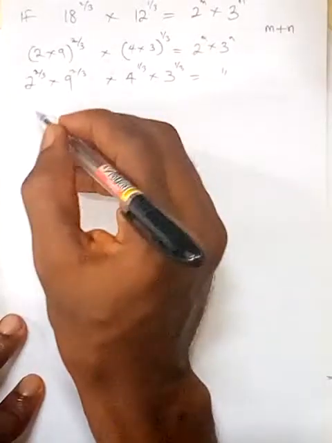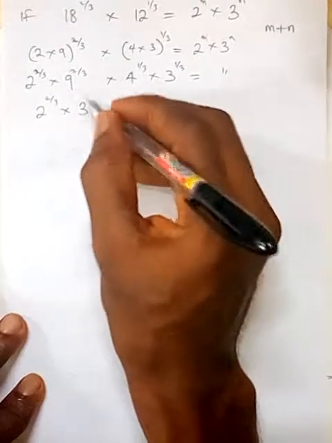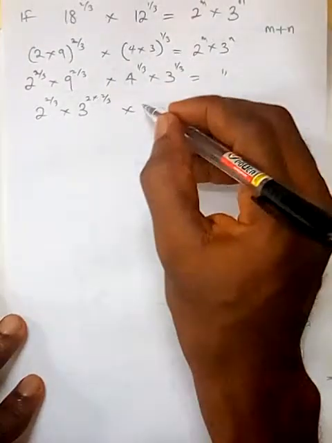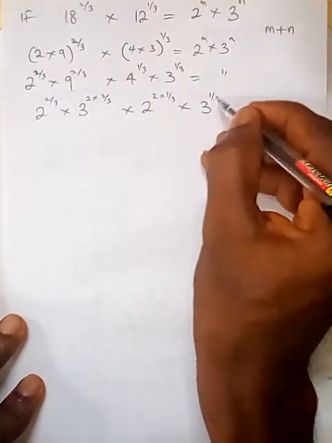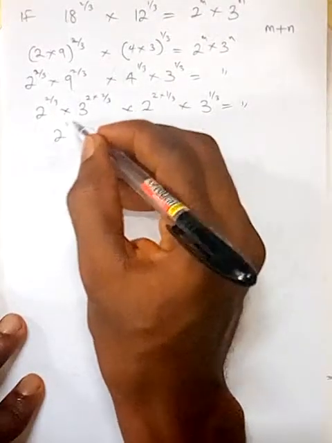Okay, this is 2 raised to power 2 over 3 times 9 is 3 raised to power 2 times 2 over 3. 4 is 2 raised to power 2 times 1 over 3. 3 raised to power 1 over 3 is equal to, okay, this is 2 raised to power 2 over 3